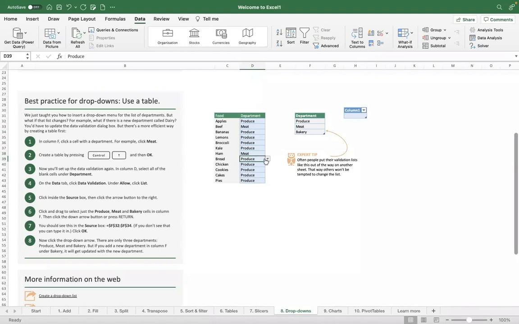And then bread is bakery, chicken is meat, and cookies, things like that. So you understood, right? So once you have created one cell with a particular data validation tool, you have given